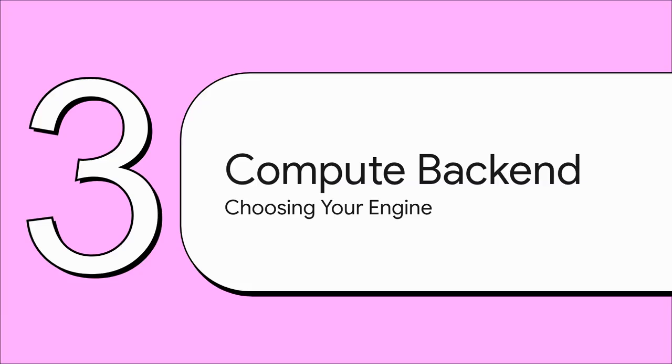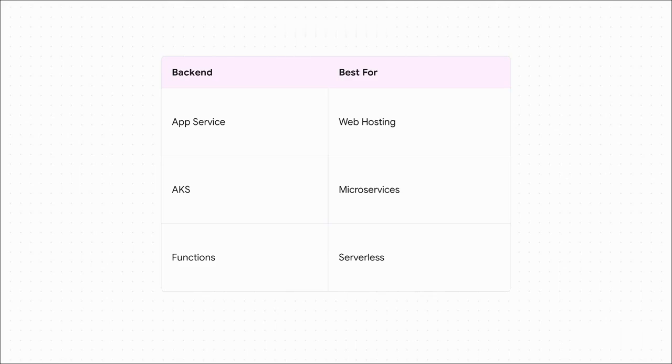Okay, Section 3, choosing your compute backend. Once we're safely through that front door, the request needs an engine, right? It needs something to actually do the heavy lifting. And Azure gives us a few distinct compute backends to choose from here, and your choice really dictates how your system will scale. If you're migrating a legacy app or you just need traditional web hosting, Azure App Service is